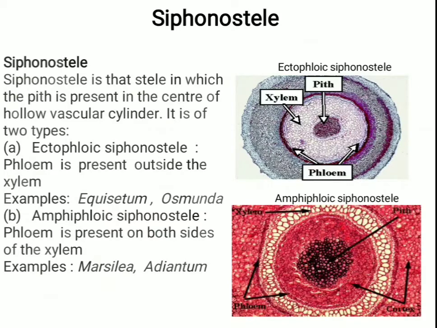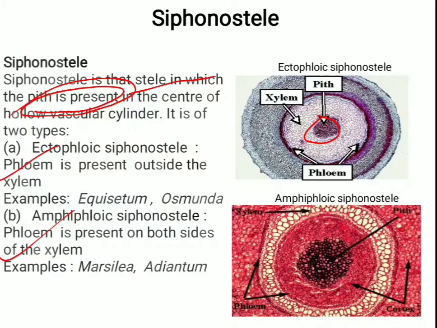Okay, siphonostele. Siphonostele is that stele in which the pith is present in a central hollow vascular cylinder. It is of two types. You can see in this figure the purple structure is the pith. Siphonostele is the stele in which pith is present, and it is divided into two types: ectophloic